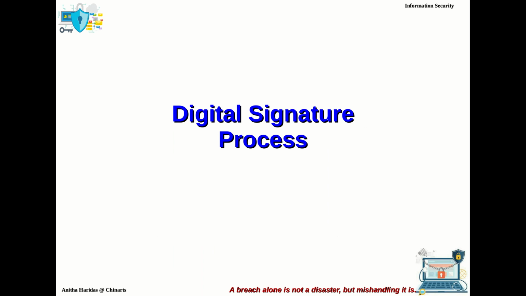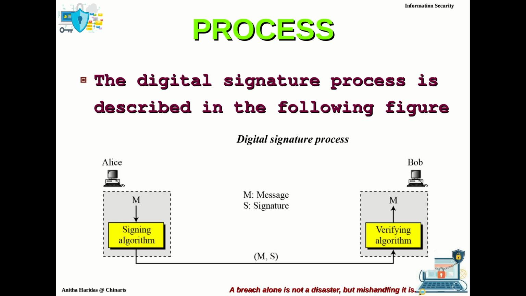Next we are going to talk about the digital signature process, how it works. The digital signature process can be described in the following figure. Alice wants to send a message to Bob. She wants to digitally sign this particular message, so the message will be given to the signing algorithm.